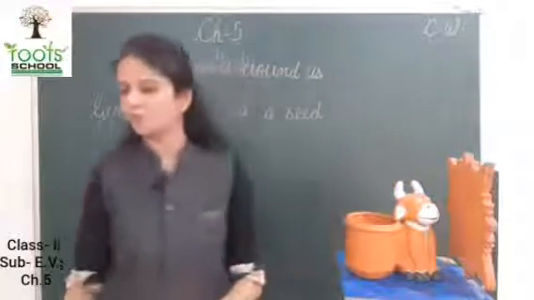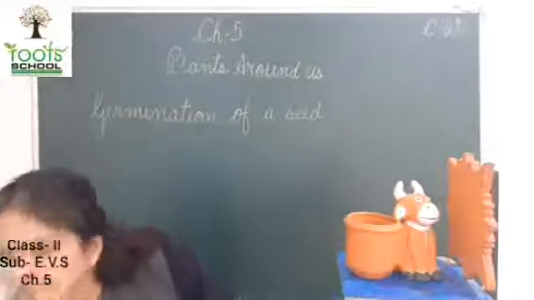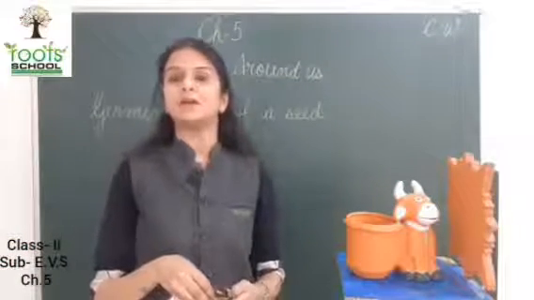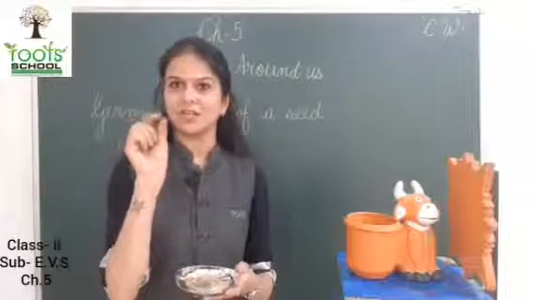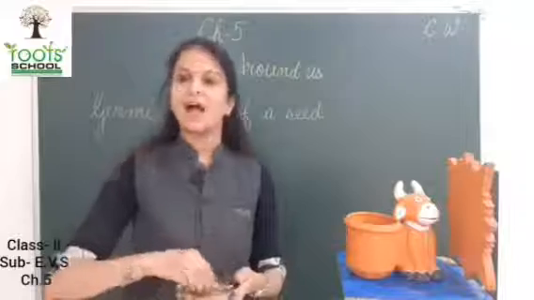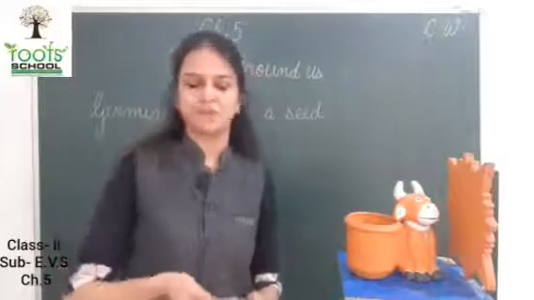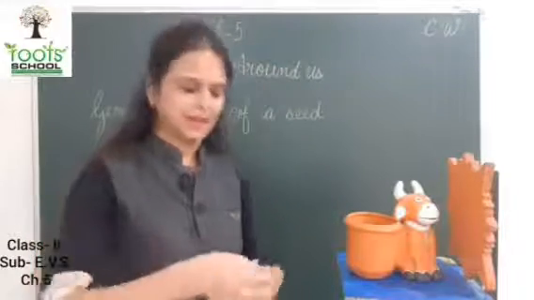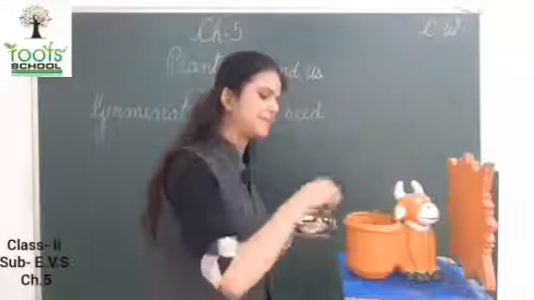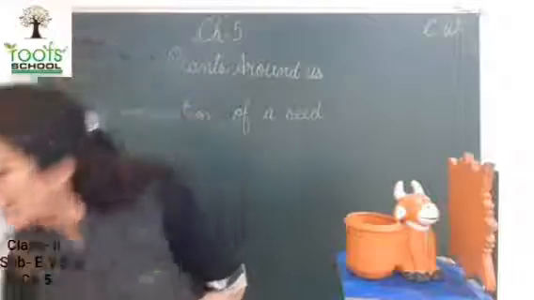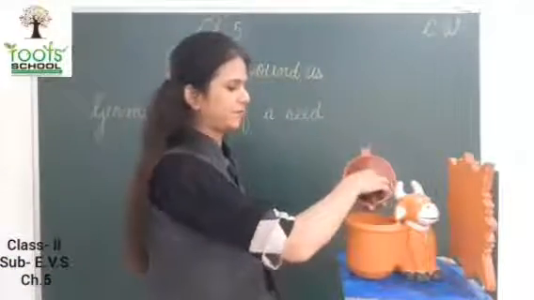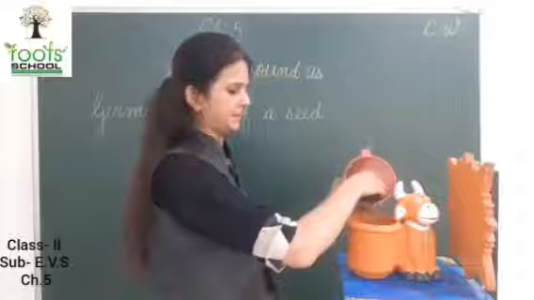Now, what will we do? We will take some seeds, like coriander seeds you can take, and चना जो ब्लैक चना होता है, ग्राम, that you can take. Wheat you can take. I had taken the seeds of coriander. Okay, those coriander seeds I will put in this. Some seeds, and again I will put some soil in it.